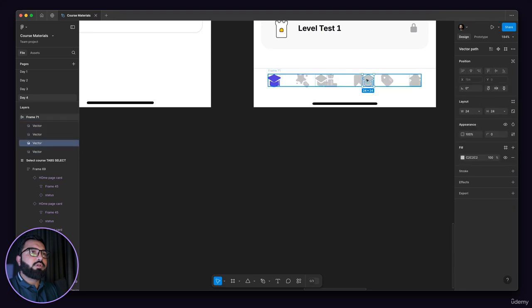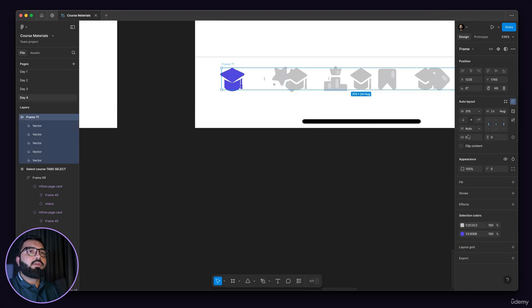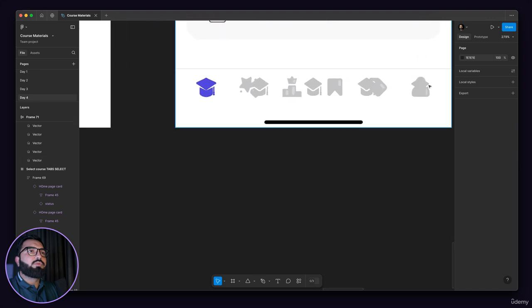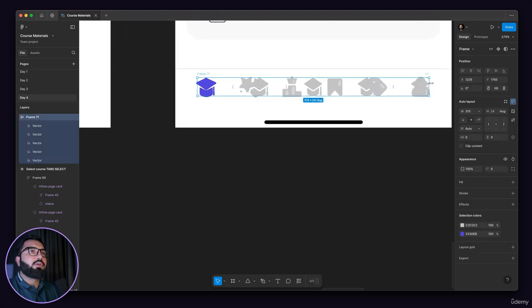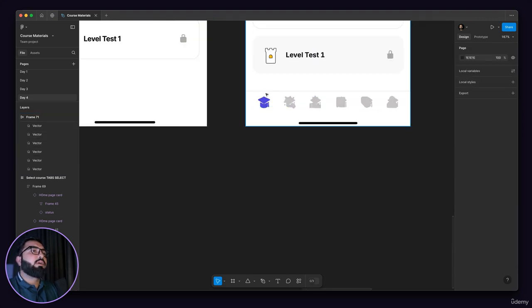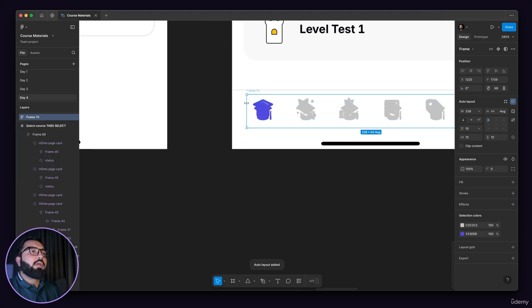We also need another one. Okay, and we need to make sure 1, 2, 3, 4, 5, 1, 2, 3, 4, 5, 6. So these are 6. Okay, and we also need to give it a frame, and I will make it all